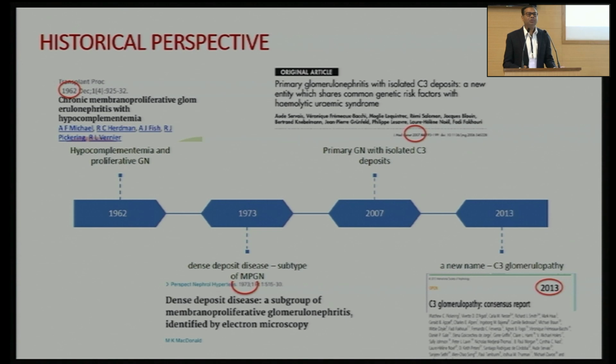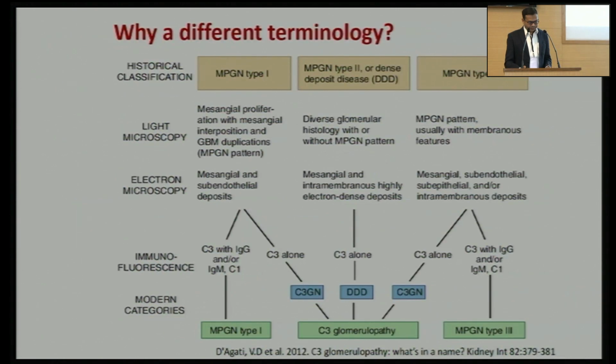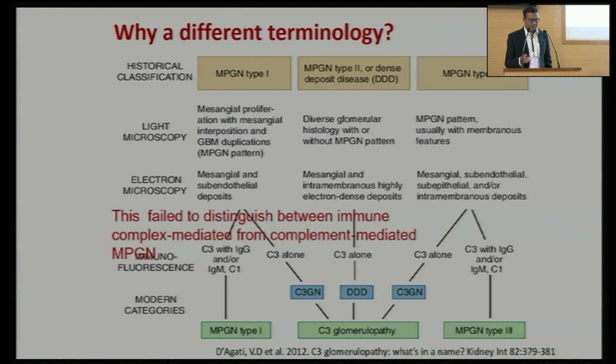There was a classification of C3 glomerulopathy and a consensus report, and then this entity got separated from MPGN. So why is there a different terminology? We know the classical MPGN types 1, 2, and 3. Type 1 has mesangial and subendothelial deposits. MPGN type 2 has intramembranous deposits, and type 3 has subepithelial deposits in addition to the mesangial and subendothelial deposits. But this classification does not distinguish immune complex mediated from complement mediated MPGN,